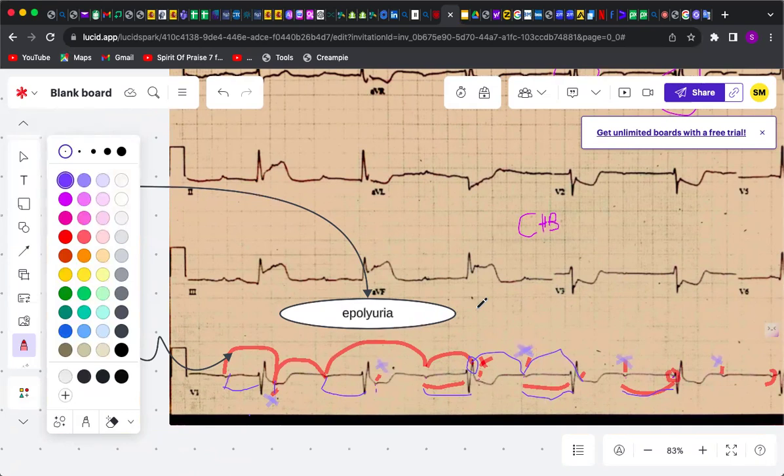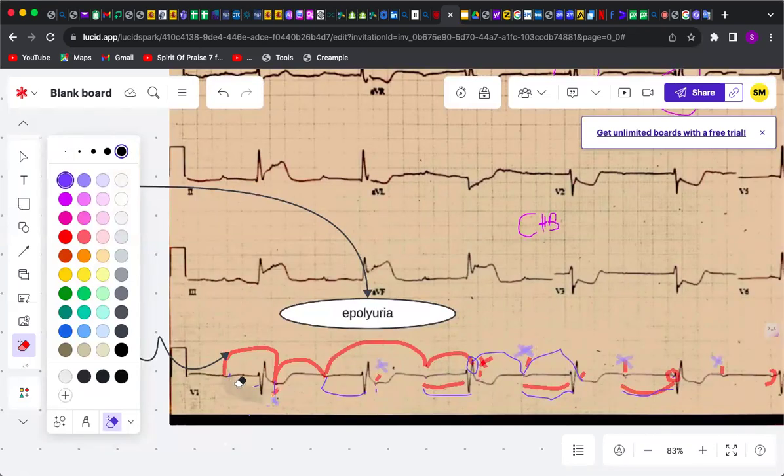So if this cannot be a Mobitz type 2, then we only have a complete heart block, right? And then with a complete heart block, what we're seeing is that there's no